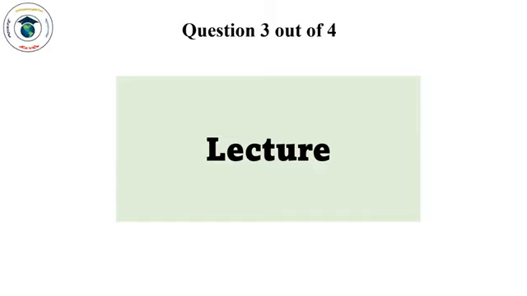Now listen to part of a lecture in an anthropology class. Today, we're going to discuss the evolution of human beings and their adaptation to environmental pressures. Let's take the example of skin color. Skin color is an important physical trait that has evolved in response to different environmental factors. In regions with high levels of sunlight, such as near the equator, humans developed darker skin pigmentation to protect themselves from harmful ultraviolet radiation. This is an example of natural selection at work, as individuals with darker skin were better able to survive and reproduce in these environments.